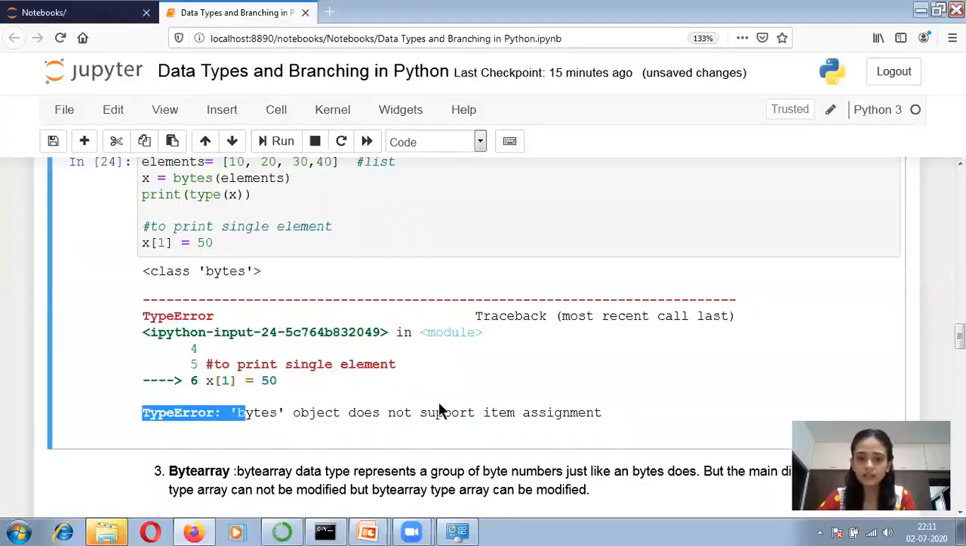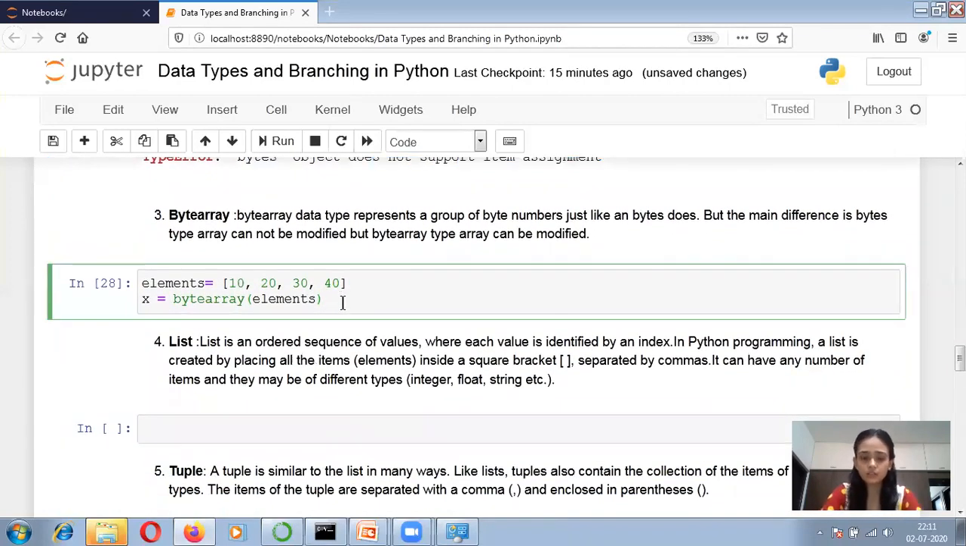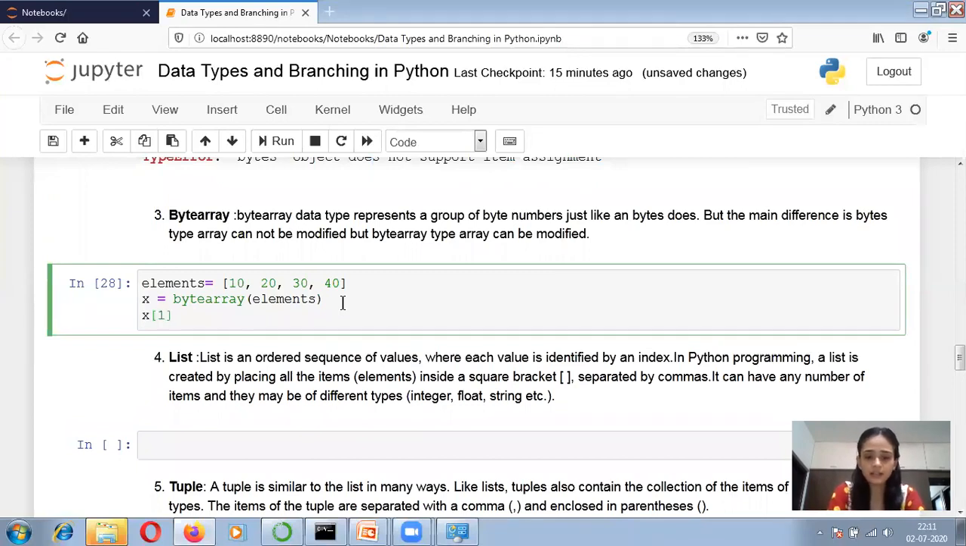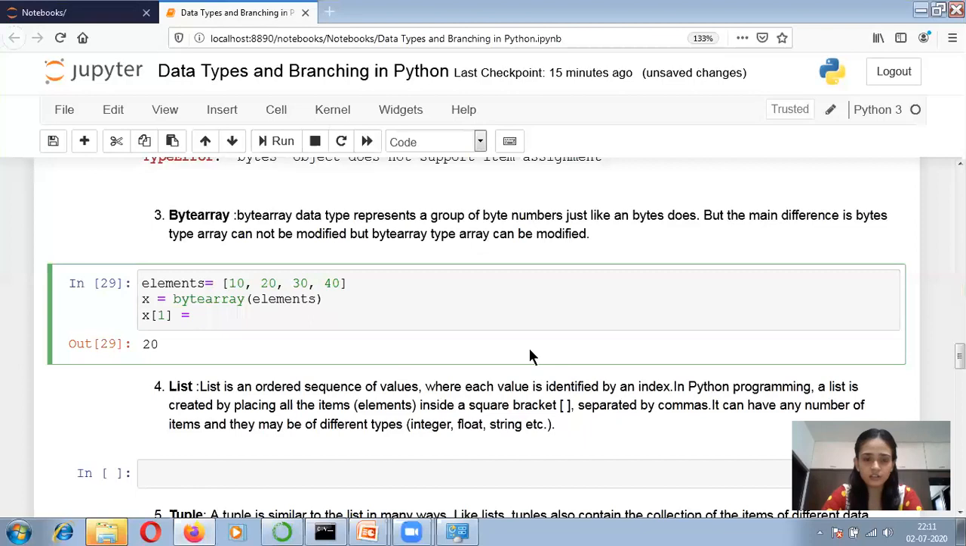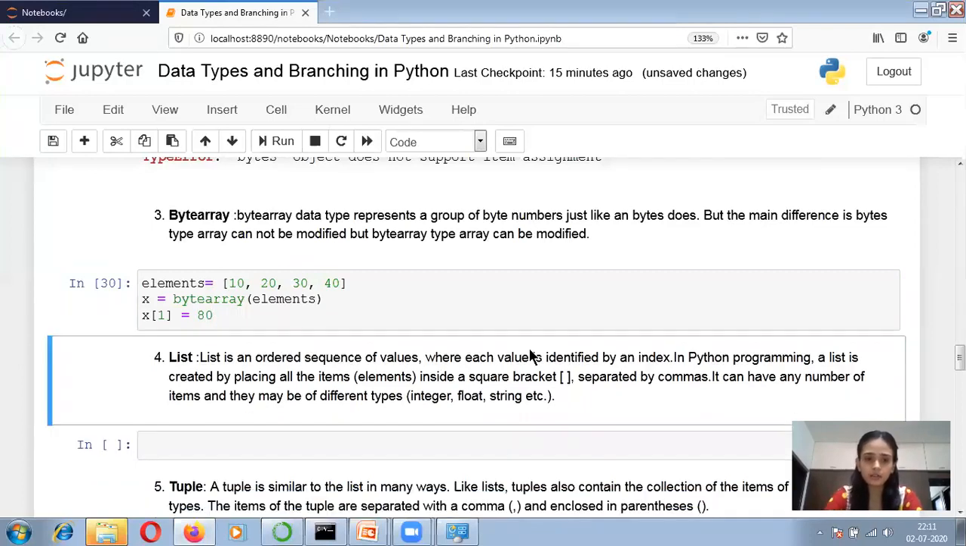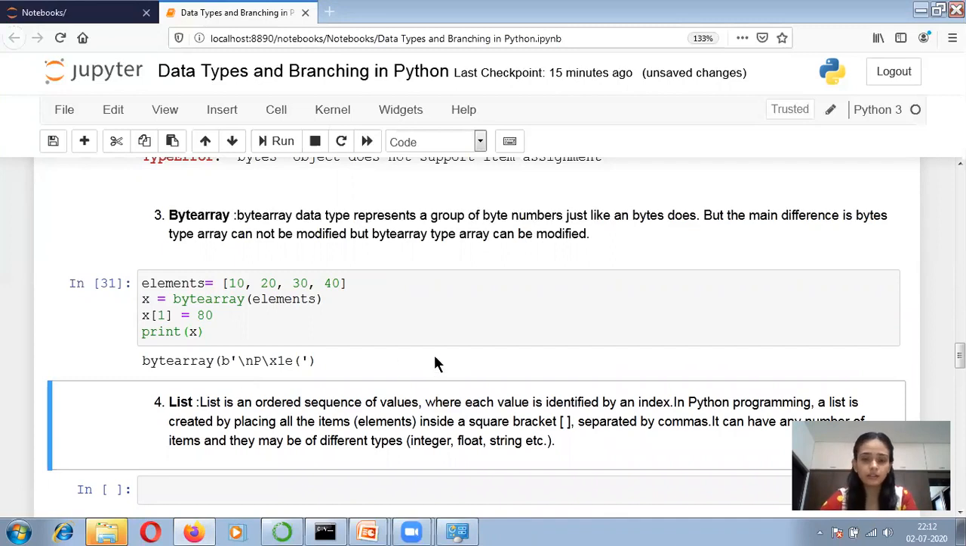So it is showing me that bytes object does not support the item assignment, because over here I'm trying to change the element in the bytes array. So it is not allowing me, and it is throwing an error that is does not support the item assignment. But over here, if I'm writing like this, that is x of 1, it is giving me the answer of index position 1. So if I'm now trying to change, instead of 20 I want 80, and I'm running this code, and suppose I am printing the value, that is print x,